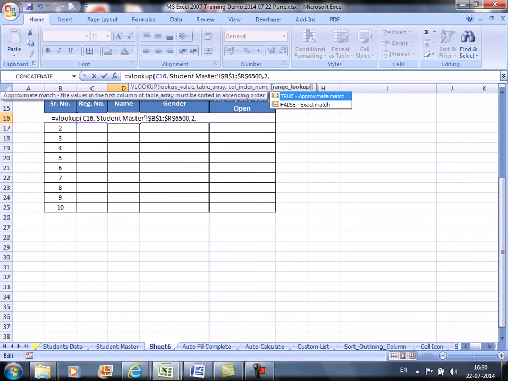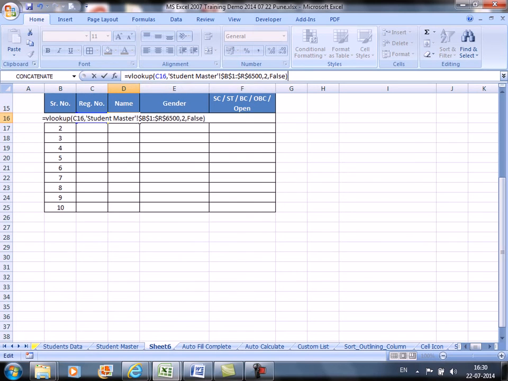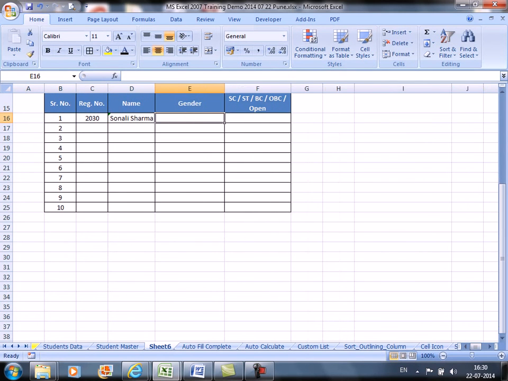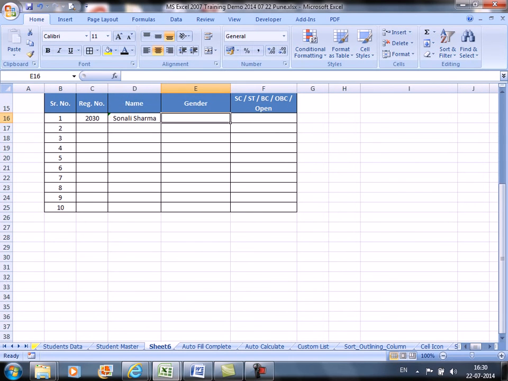What do we want to have? Look here: approximate match or exact match. We want an exact match for this number 2030. So we have to use FALSE and close the bracket. That's all.